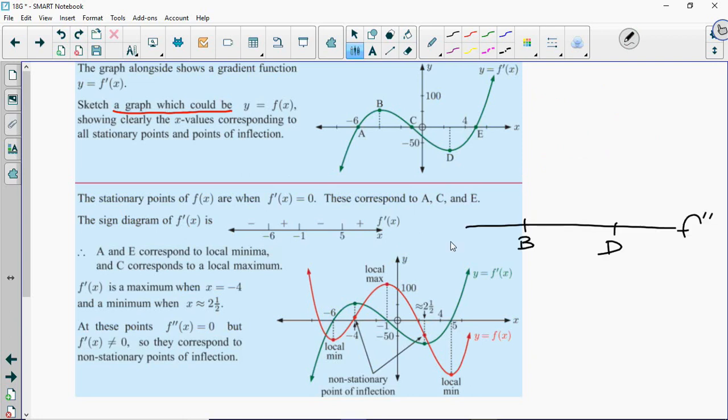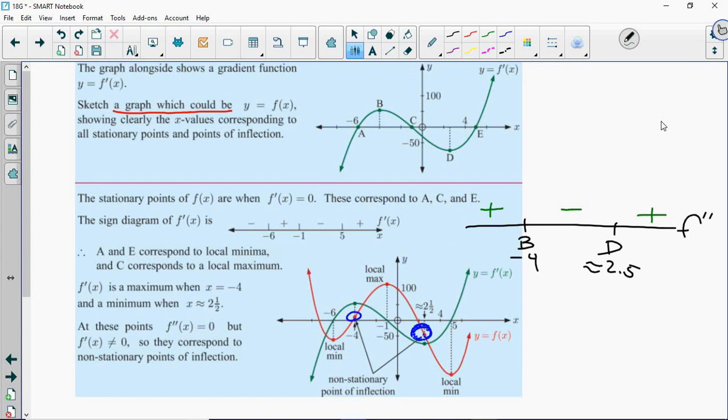So remember now that the sign diagram for f double prime is based only on the slopes of f prime. So to the left of B, those slopes are all positive. In between B and D, the slopes are all negative. To the right of D, slopes are all positive again. And then I can combine that information about concavity of my original curve with the information in the sign diagram of f prime, which tells me about whether my original curve is increasing or decreasing,